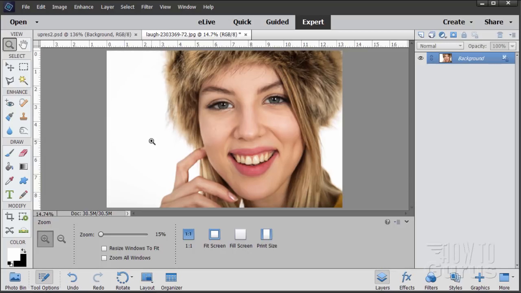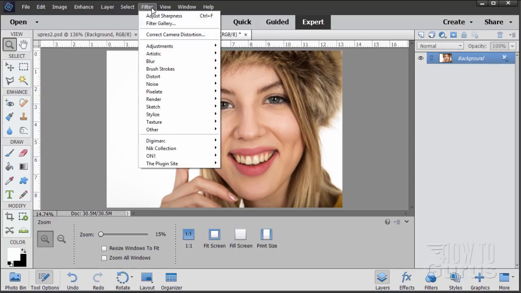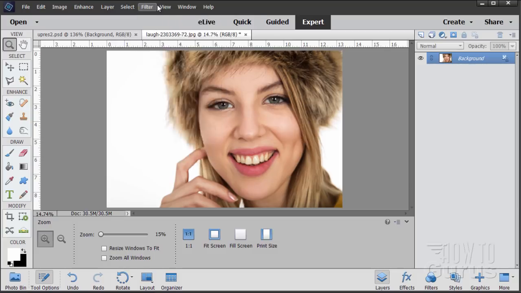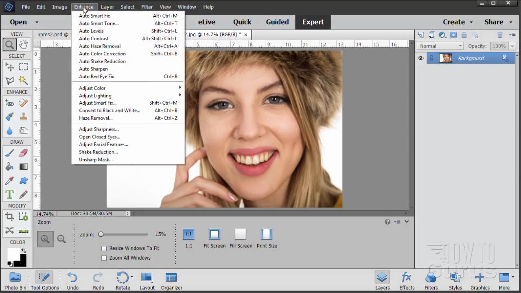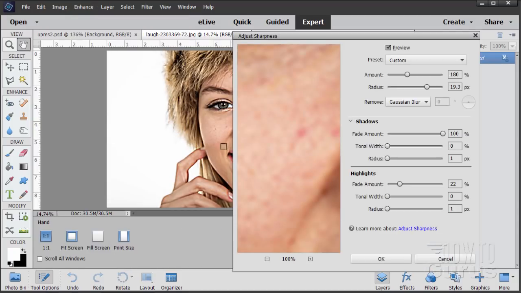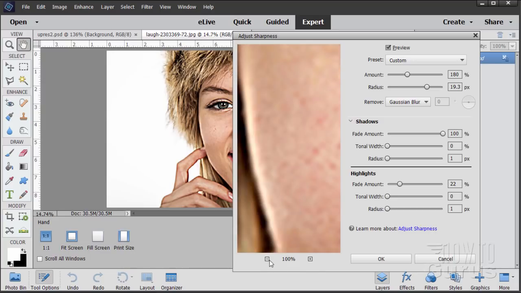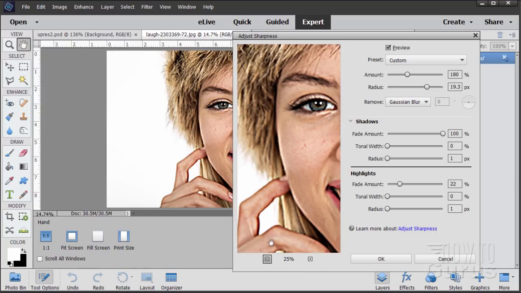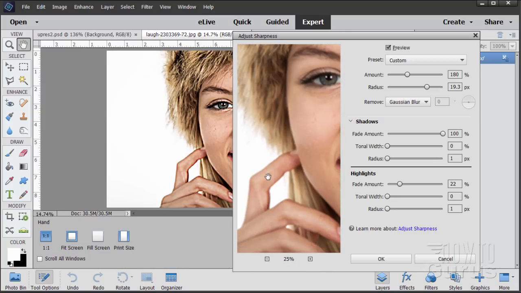Let's now see what happens if we sharpen this a little bit using my technique. Again, I don't like using this one, reduce noise. That really does not work for me. That's not the right way to go, because the problem isn't noise. The problem is sharpness. So the next trick here is enhance. Come down to adjust sharpness, and let's just zoom out a little bit here. You can see there's the finger. Now you're seeing a real difference in here,